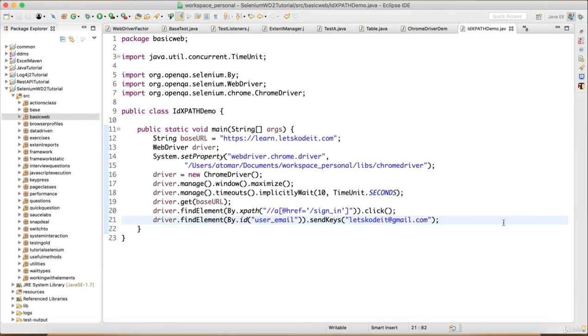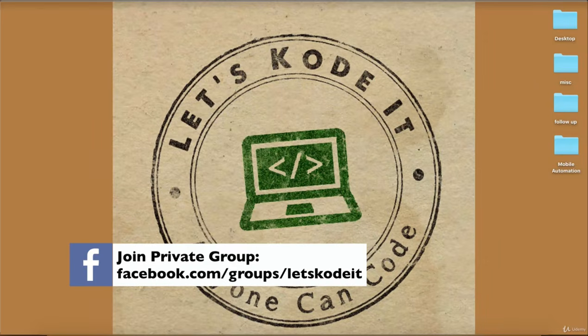Now in the next lectures, we'll learn about other locator strategies. Please do one thing, just download this code for reference, but type your own code. Do not use the code files. I always recommend that practice, practice, practice. Type your own code and use this code file to double check your code. You can easily find small mistakes, and practicing the code will make you perfect. Trust me. So download the code, practice as much as possible, and let me know if you have any questions.